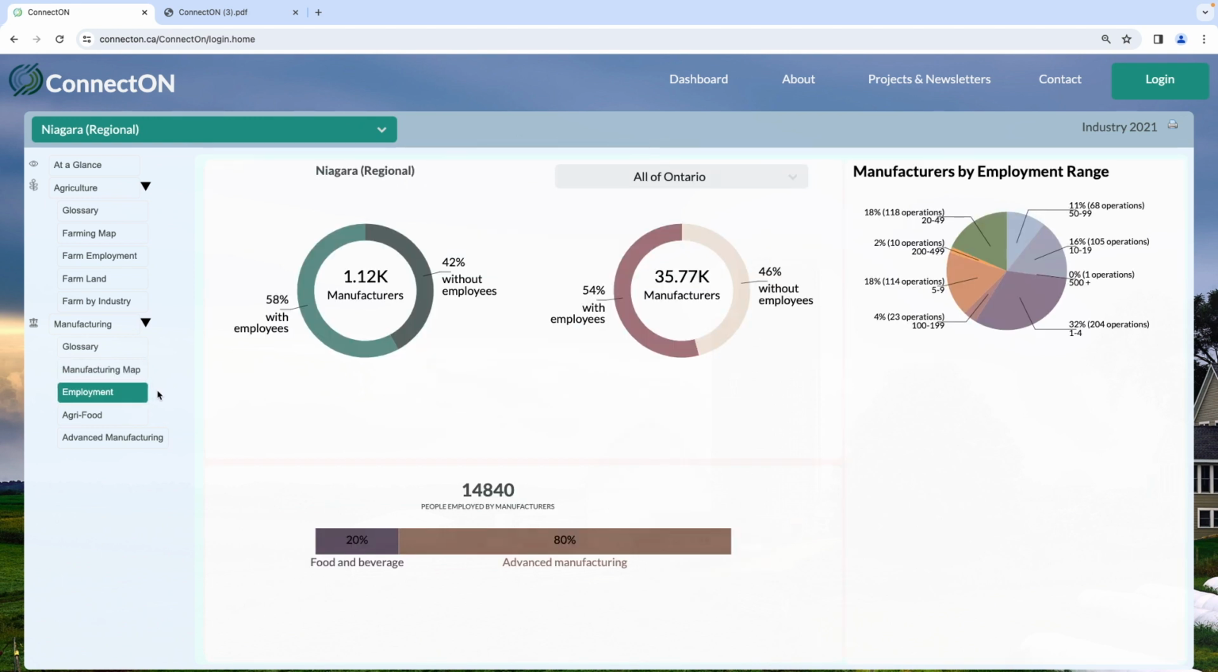On the employment page, we can see the total number of manufacturers in Niagara and the breakdown of manufacturers with employees and without. Again, here you can compare the selected area with the province or a regional area. The total number of people employed by manufacturers is also reported, along with the breakdown of what industry they work in. Let's take a moment to talk about these